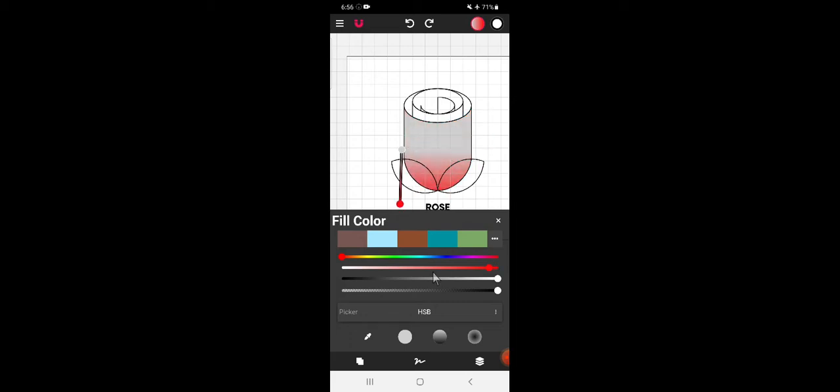So we will make this like this and I want to make this particular point pink. So tap on this and go to this, okay, like this, and bright.